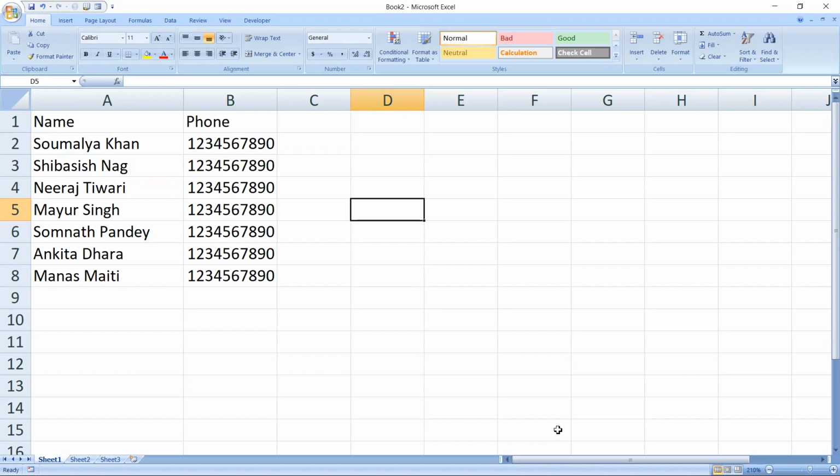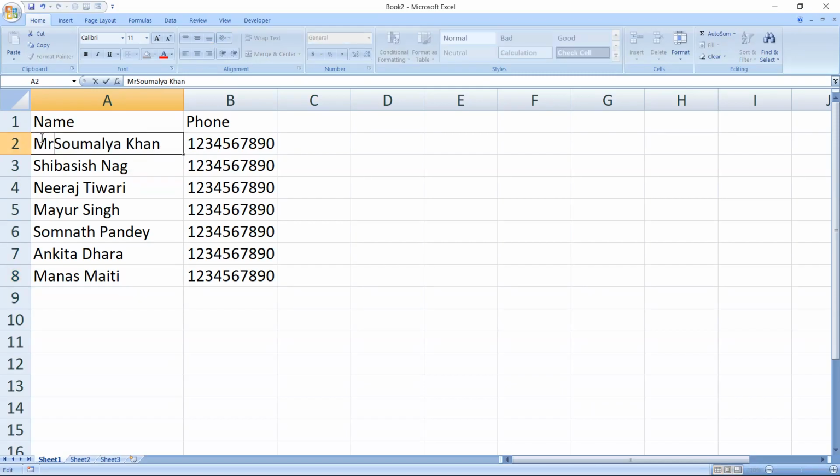Now all of a sudden you are being asked to add Mr/Mrs. as a prefix to the name, and a prefix of plus 91 to the phone number. So as you can already assume, this is Manoj Maiti in the 8th row. If you have 50,000 rows of data and you need to add these manually, I'd be